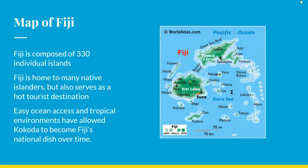So, as you can see in the map, there is a variety of different islands. And what might be shocking is that Fiji is actually composed of 330 individual islands. Fiji is actually a home to many native islanders, but also serves as a hot tourist destination. As you can see, there is easy ocean access and a tropical environment, which have allowed Kokoda to become Fiji's